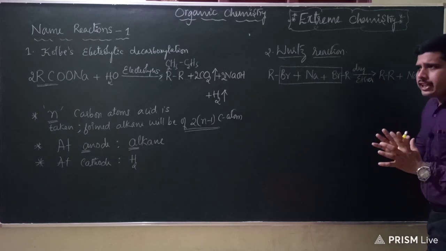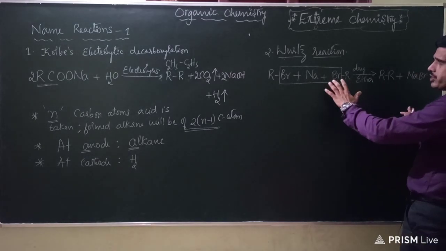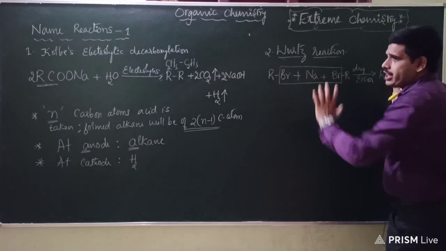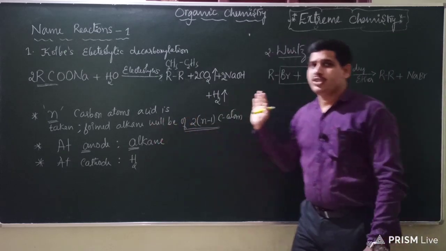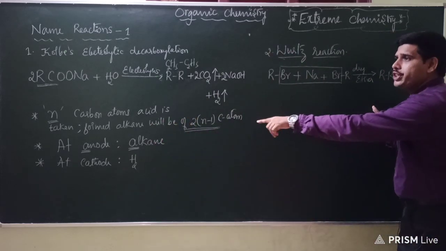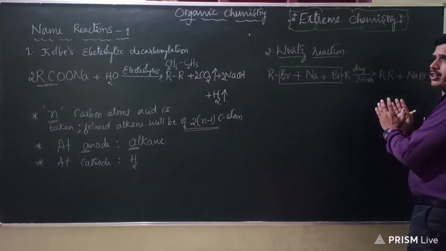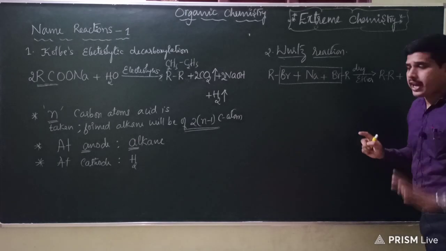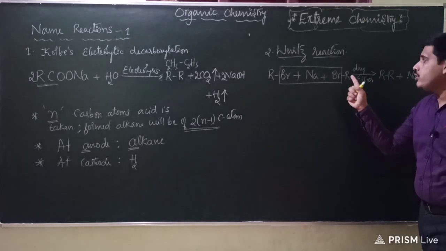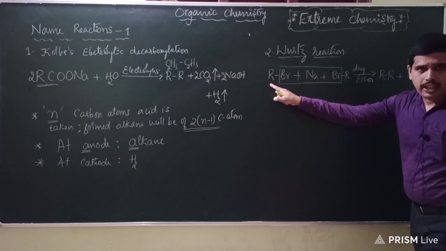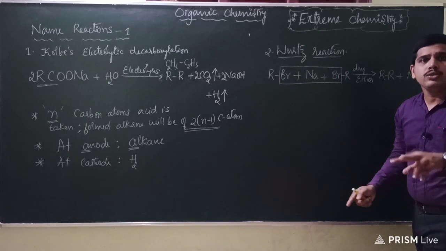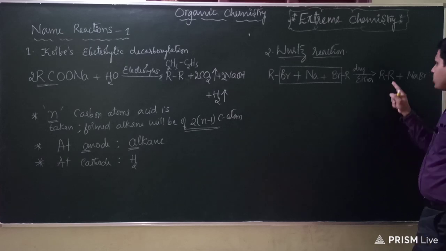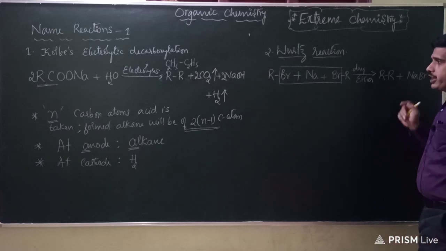Now, what are the key points to be observed in this reaction? The alkane obtained has double the number of R groups of the alkyl halide. You can take down the same point as before, but it is not 2 times n minus 1, it is 2n. Whatever alkane is formed here in the case of Wood's reaction will have carbon atoms related to those of the alkyl halide. What is the relation between them? 2 times the carbon atoms of the alkyl halide. Is that okay? So that is the first point to be remembered here.